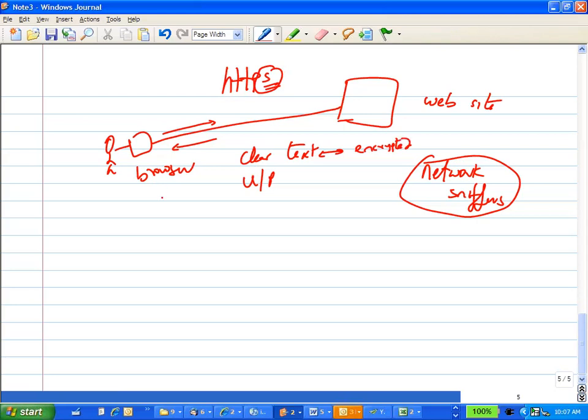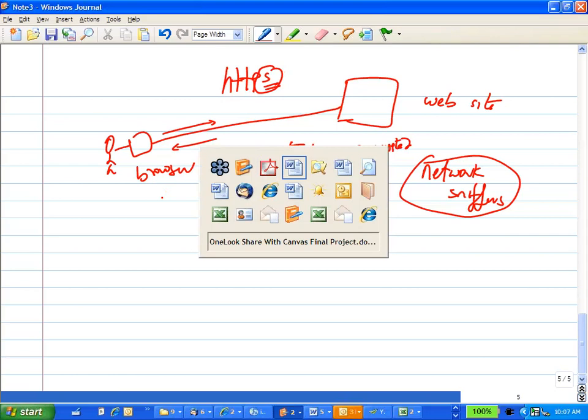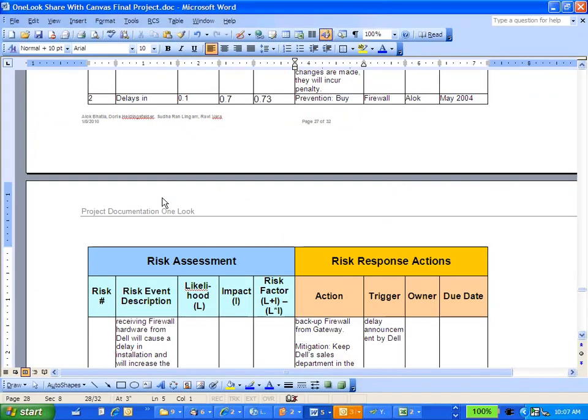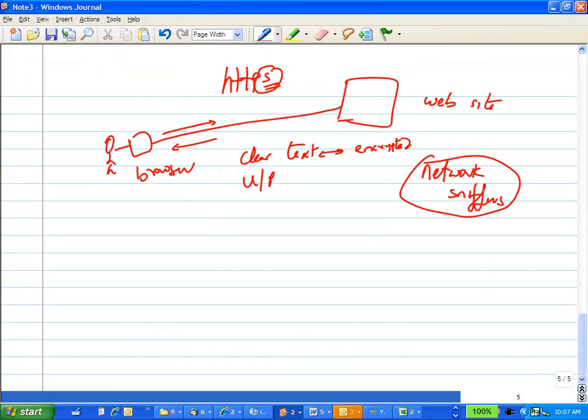So one of the risks that you identified in your risk plan was sniffing of passwords could happen on the network, resulting in compromise of information, resulting in pretty much the project becoming useless. You will do a prototype that uses HTTPS to prove that your team can do it. Because once you have HTTPS, then nobody can sniff your packet. Okay? So if you think about it, the spiral model